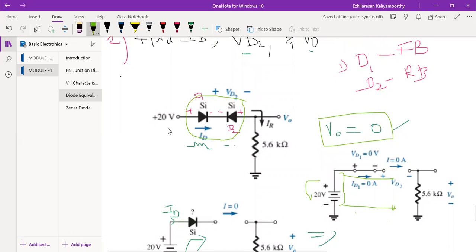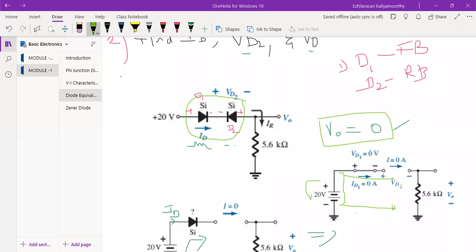So it's very, very important. You have to think in the numerical, which diode it belongs to. That is very, very important. At the same time, you have to see which bias it is, whether it is in proper biasing. If it is forward bias, then only I can do this. If it is reverse bias, that portion of your diode you must treat as an open circuit. So make it an open circuit, then you perform the numerical, then you will get the proper answer. So that is the thing about that.